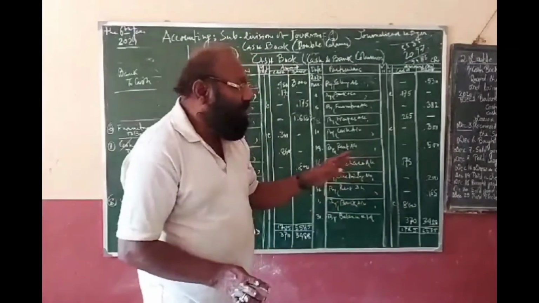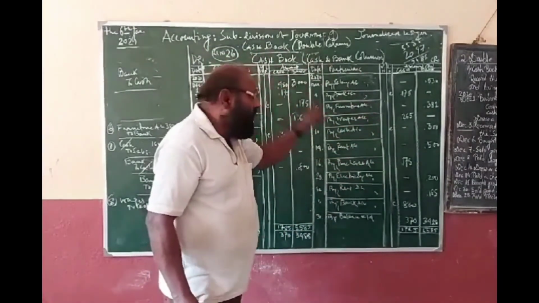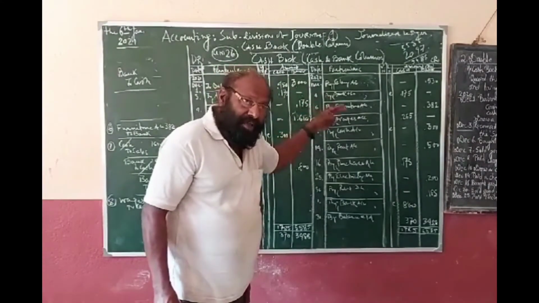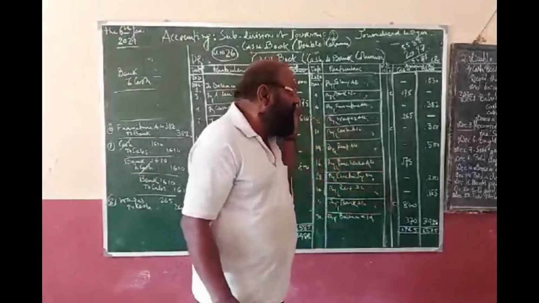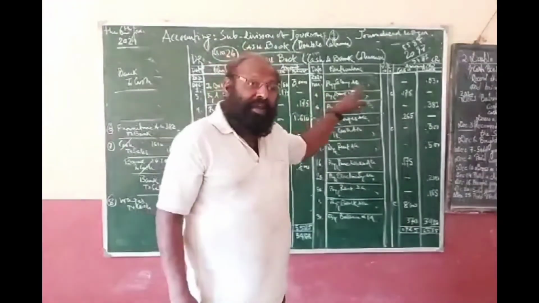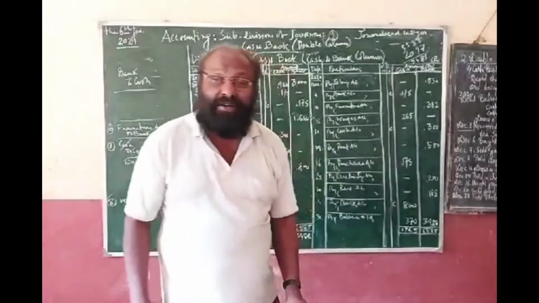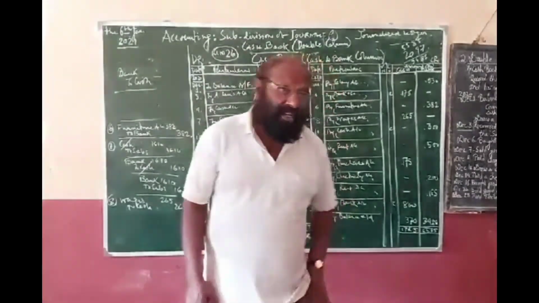Since you have all the ledger accounts ready. You have 2 ledger accounts ready. What are they? Cash account and bank account. Okay. So we are not supposed to prepare any ledger account like cash account or bank account, because you have the cash book and bank book, and the other accounts are to be made ready. These accounts are to be duly balanced and also make the balance.